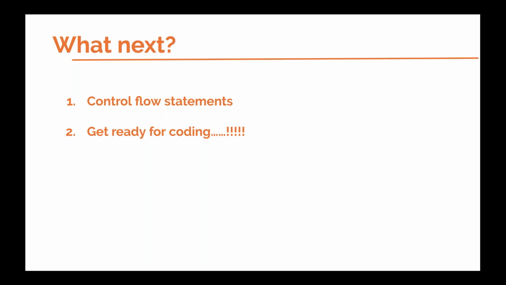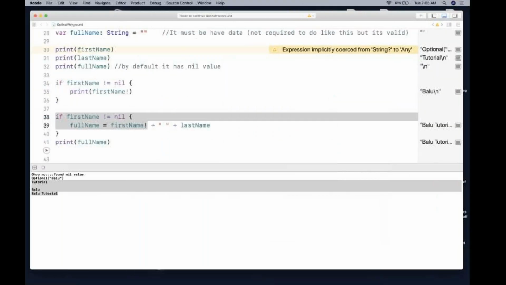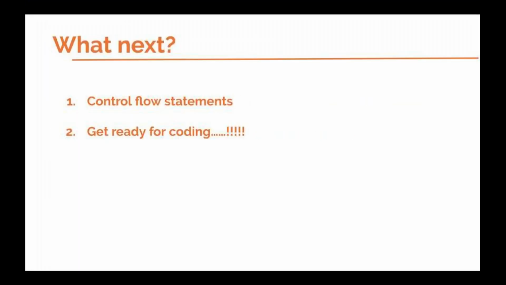Then what should be the next concepts? Tomorrow we are going to discuss control flow statements, along with these optionals. Control flow statements means, I think in today's session you already saw some if else things. Apart from if else, we have looping concepts. Tomorrow I'm targeting to introduce some collection types like arrays, dictionaries, sets, something like user defined types, and some advanced concepts of optionals. Most probably tomorrow we are going to cover all control flow statements, looping, switch statements, as well as